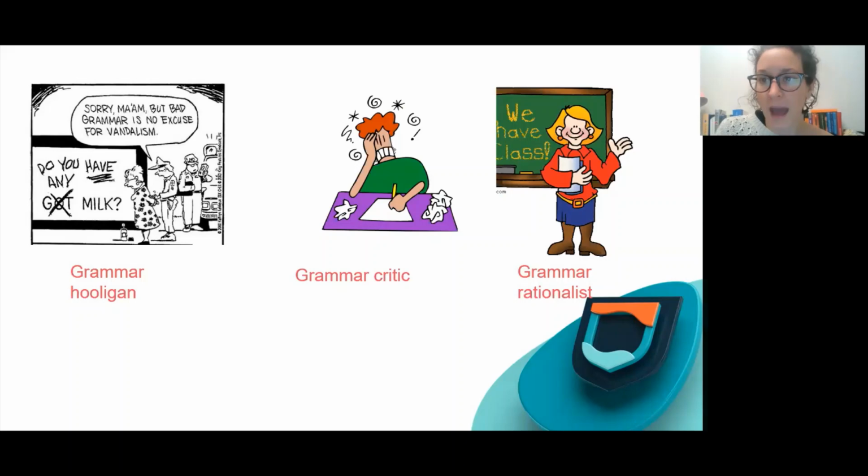Because very often we have, for example, CLIL lessons, and we can be grammar critics there. We don't really need grammar at the CLIL lessons, because what we teach is, for example, geography, and students need to catch the concepts about it, or maths. They need to learn some maths, and grammar here is completely not the aim. Then we come back when we teach grammar, there is a name, and there we can again be grammar hooligans. But a proper combination of those two would be a grammar rationalist, of course.